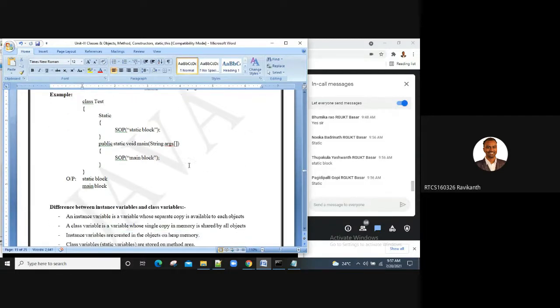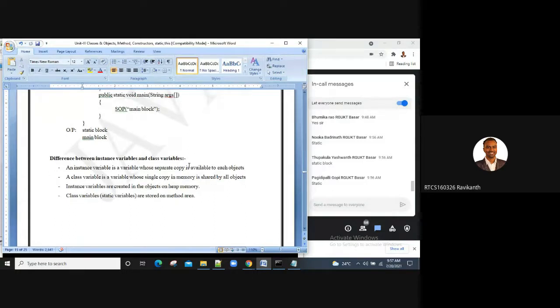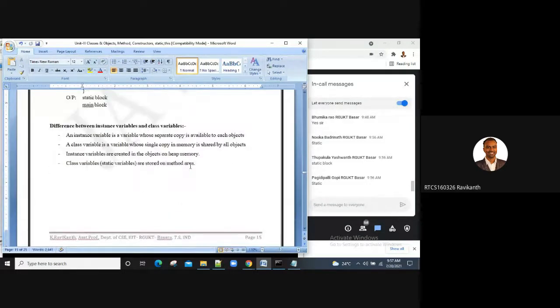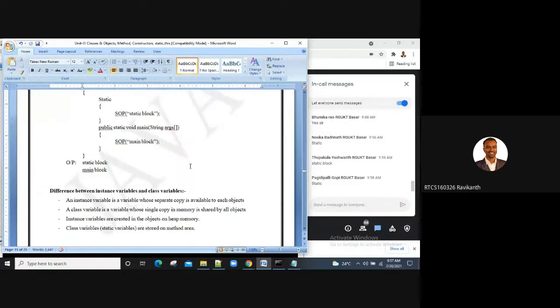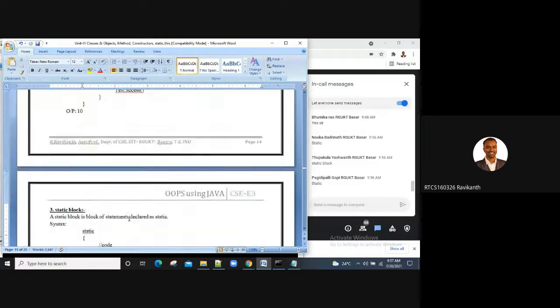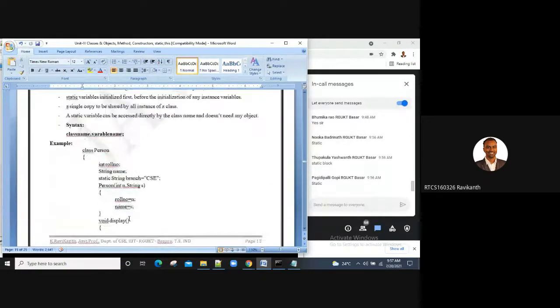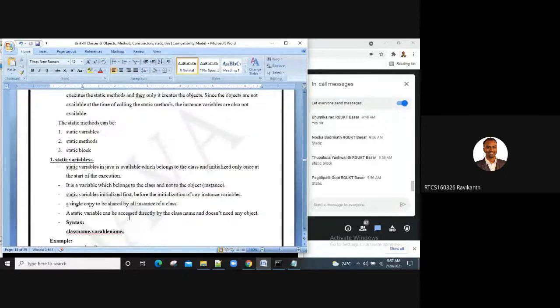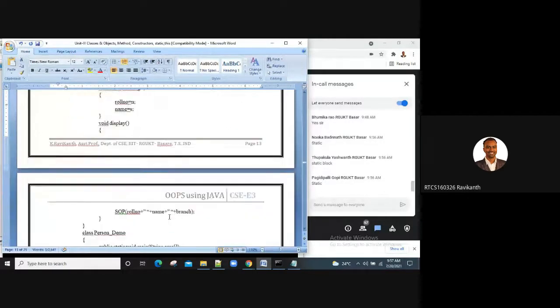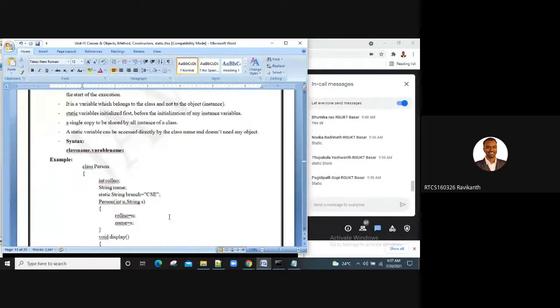Is that clear, guys? Fine. We will stop at static block. We have done with static variable, static method, and static block. Till here, I want you guys to work out.